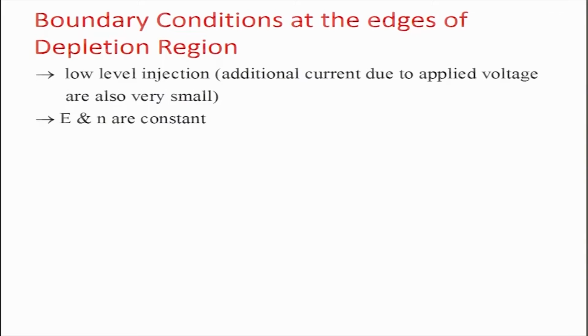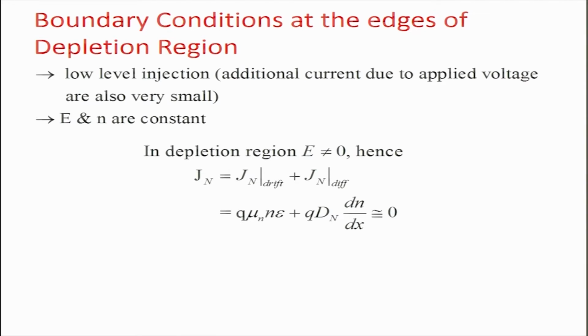So, in the depletion region, however, we have a condition where the electric field is not equal to 0. Within the depletion region we know that the electric field is not equal to 0. As a result, we can write Jn is equal to Jn drift plus Jn diff. What it means is that